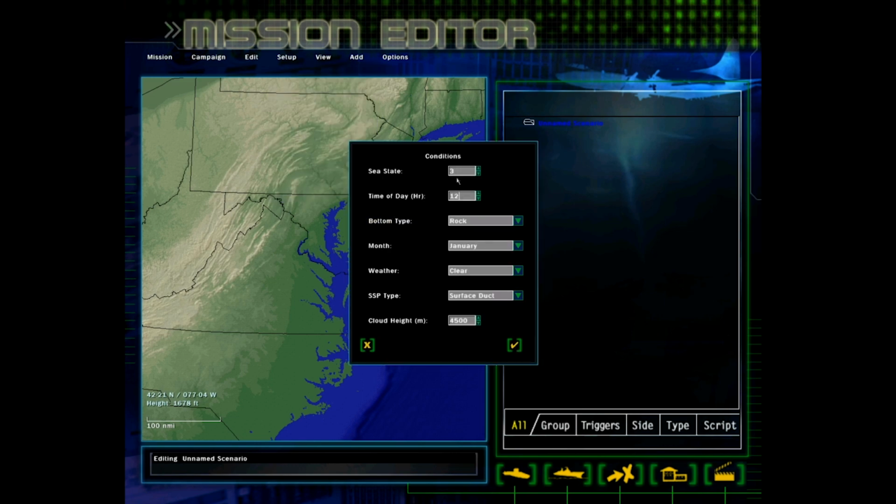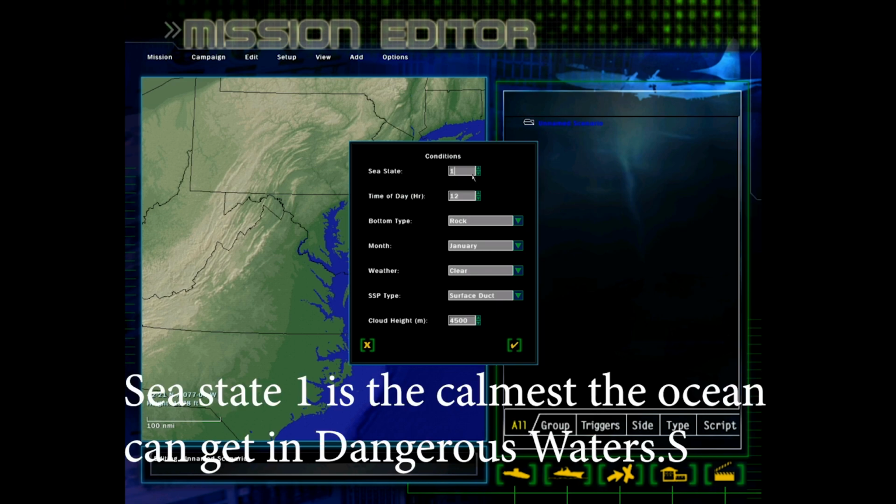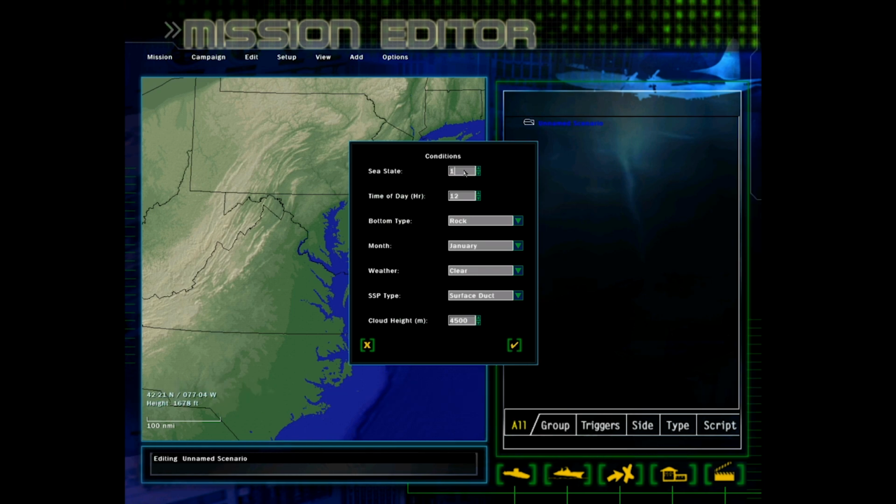Environmental conditions. Okay, here you go. Sea state. I'm sure there's some website online that defines what sea states mean, but you can set different sea states from 1. Don't do 0. I've tried 0 before. It's screwy. Your sonar has no noise on it, so the sonar messes up. It's kind of like a bug. They let you put it in, but you shouldn't use it because it's buggy. The game's not meant to work that way. The ocean's smooth as glass, and there's no noise background on your sonar. It's weird. So don't go below sea state of 1,